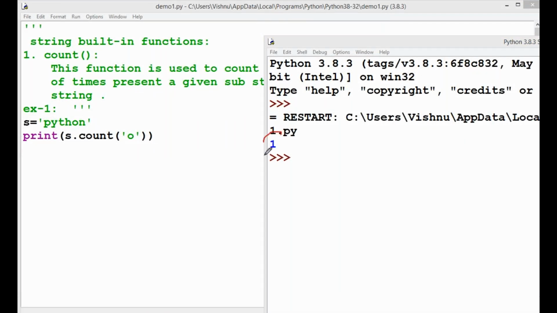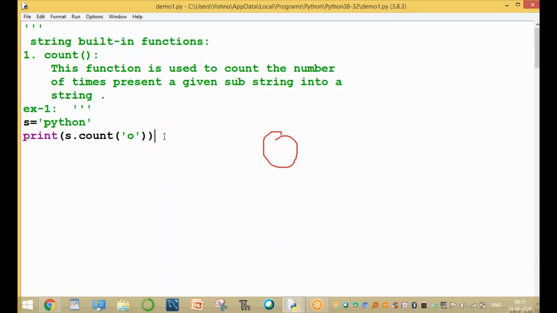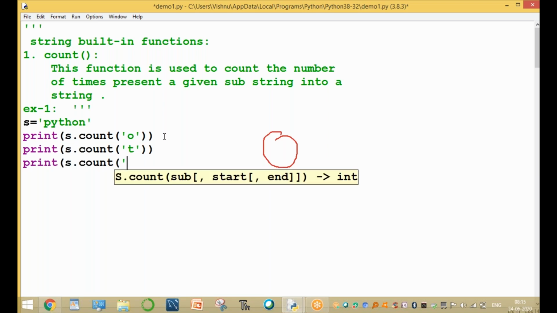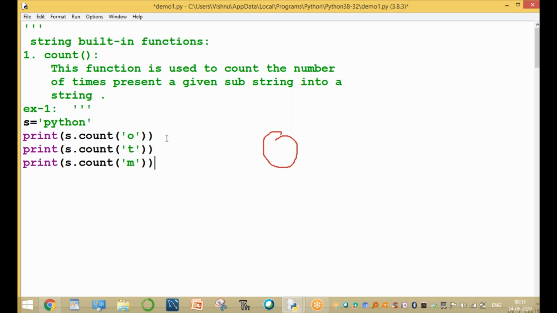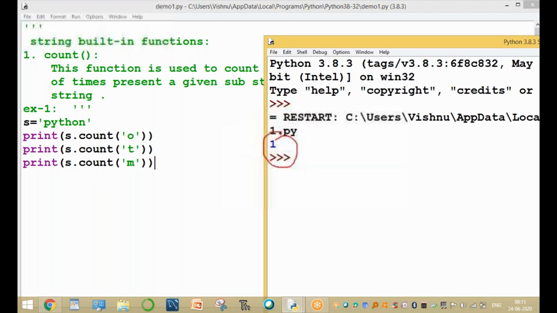Print of s dot count of t. t is also present only one time. Print of s dot count of m. How many times is m present? m is not present in the string, so the return value is 0.